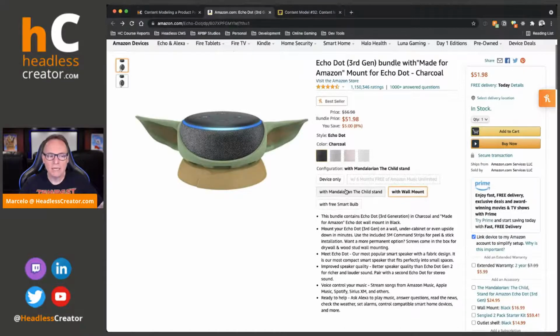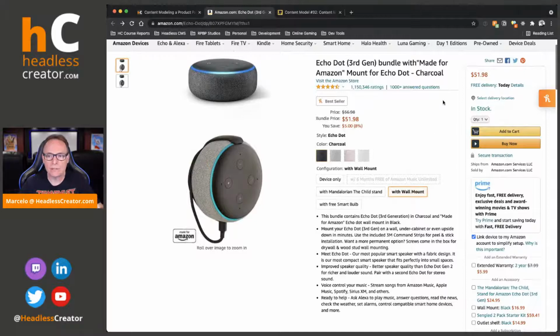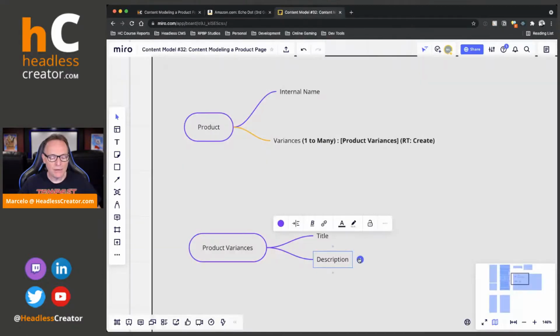Obviously, if we had a stakeholder, let's say from Amazon, they could say, no, variances do have multiple pricing. But in this case, we're going to say no, they only have one. So I'm going to say that we can say